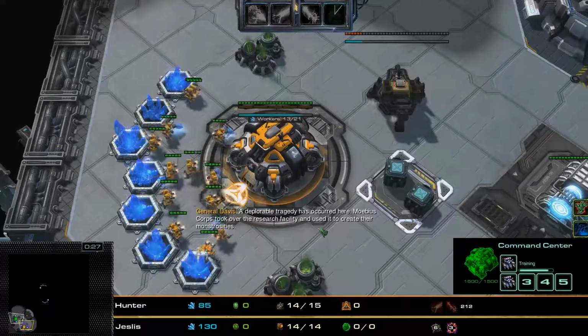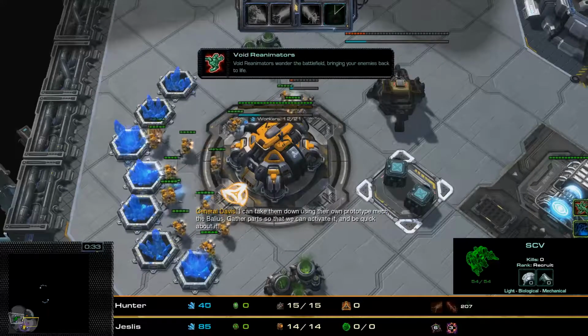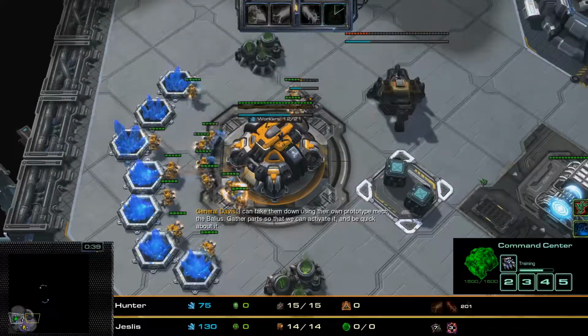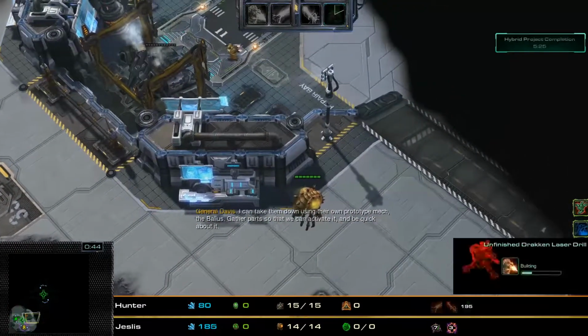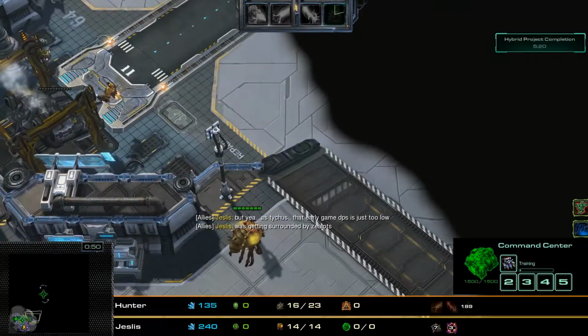This mutation is called Specter of Death, and it is being played on Part and Parcel. We have two mutators active: Void Reanimators and Remove Unseen. So, Void Reanimators will obviously be cloaked, so the second you start killing stuff, Void Reanimators will start spawning, and